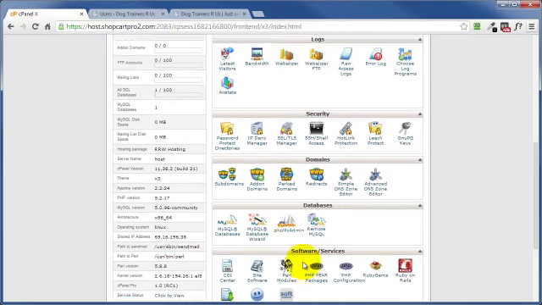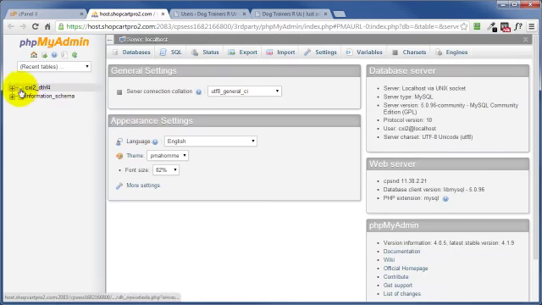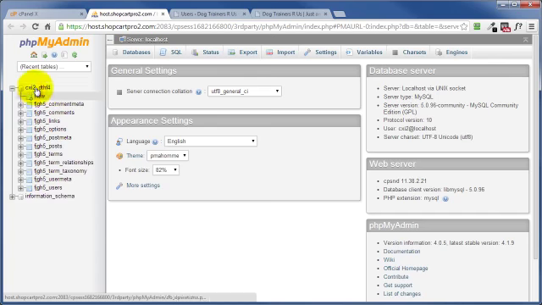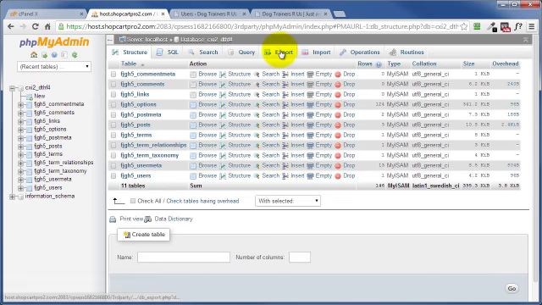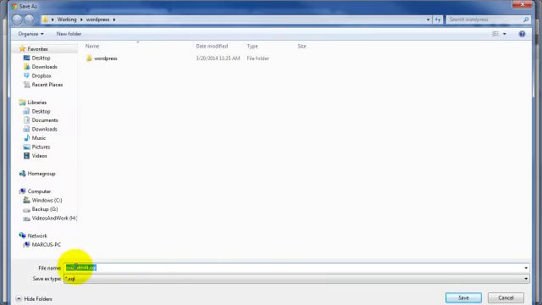Come on back down to our phpMyAdmin. I should have done this earlier, huh? Open this up, and you want to make sure that this database is selected. Come on up here and click on Export, and everything by default is going to be just fine. Click on Go. I would go ahead and leave this name exactly the way that it's being downloaded,